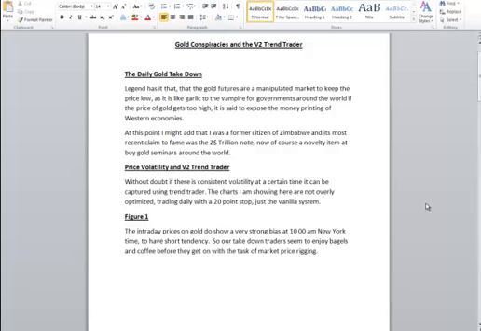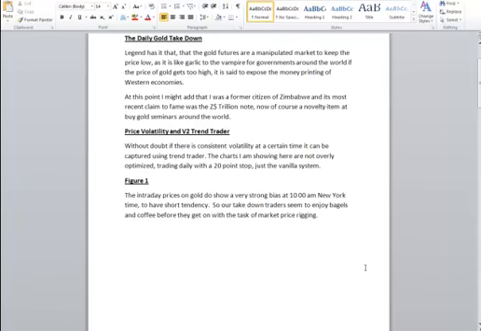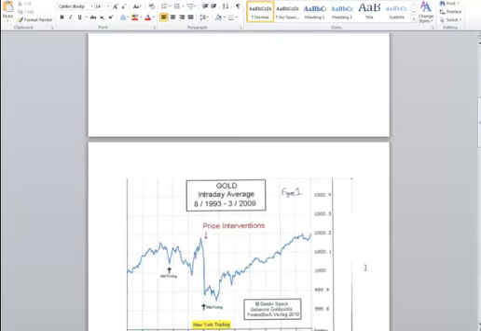I'll just read what he's got here, where he's saying that there seems to be an intraday move in which the gold markets are manipulated to keep the price low. And you'll see from this chart here that in the AM session of the gold trading day, price will typically sell off. You'll see that between 8 and 10 o'clock there's a sharp sell off in gold, and this is tracked from 93